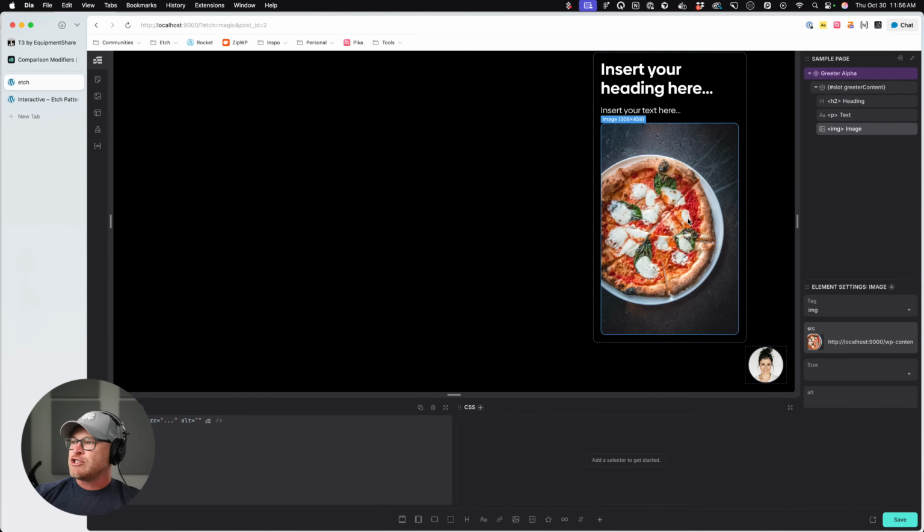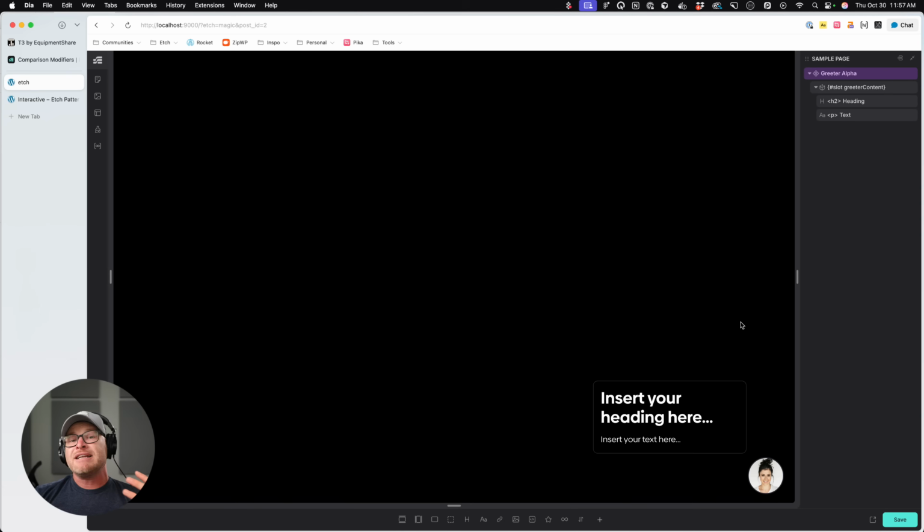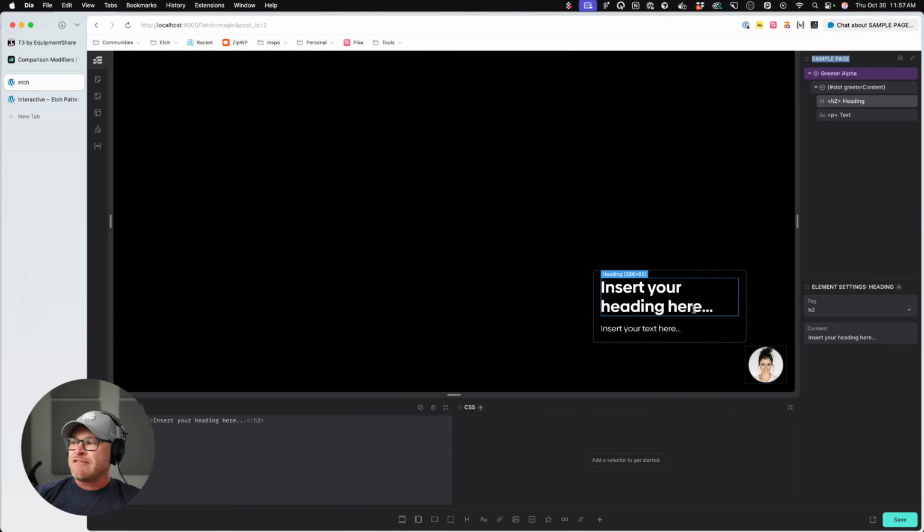There are no limitations to what I can put inside of the greeter because it is essentially powered by a slot, and a slot is a free drop zone where the user can put anything they want. Notice there are no props for this, because it doesn't actually exist in the component. It's just things I'm injecting into the component via the slot. So it's very, very flexible as a component.